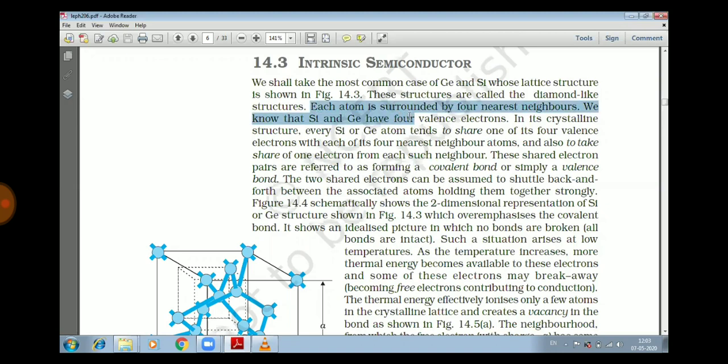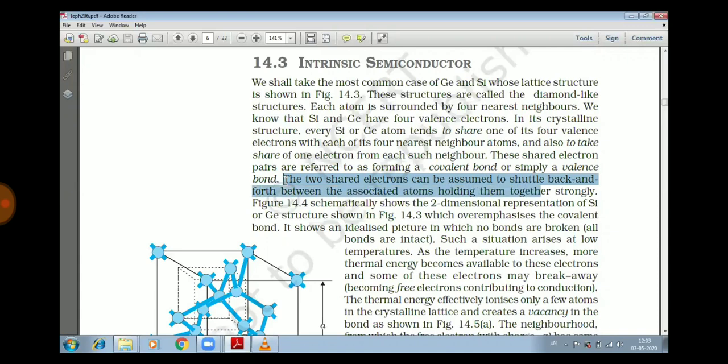We know that silicon and germanium have 4 valence electrons. How do they form a crystalline structure, children? Very simple. By sharing electrons with neighbor atoms. How are they sharing the electrons? By covalent bonds, or simply valence bonds. The two shared electrons can be assumed to settle back and forth between the associated atoms,